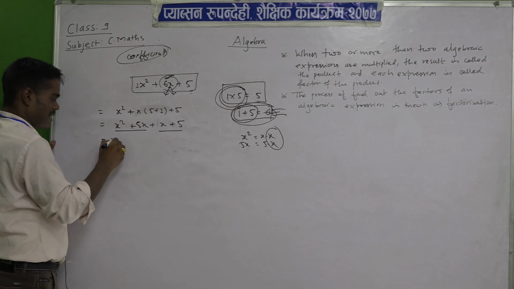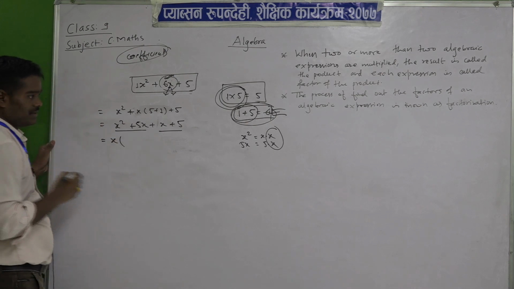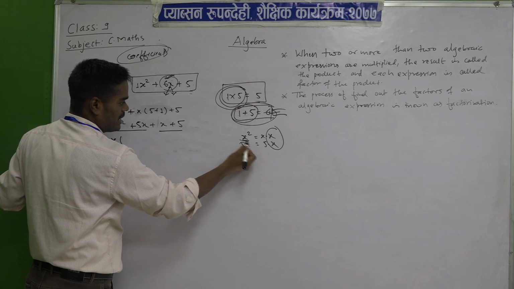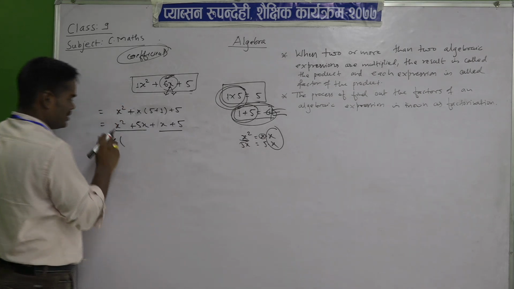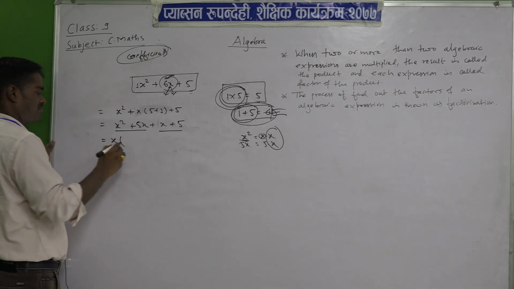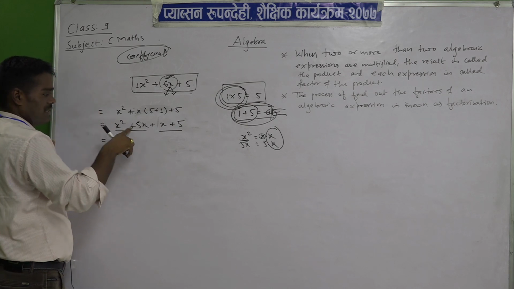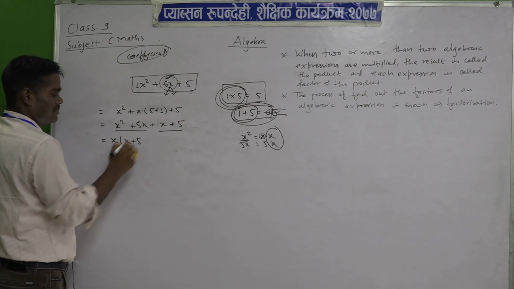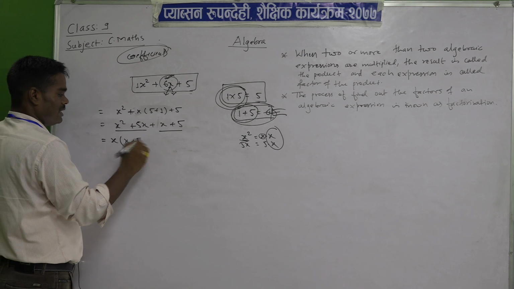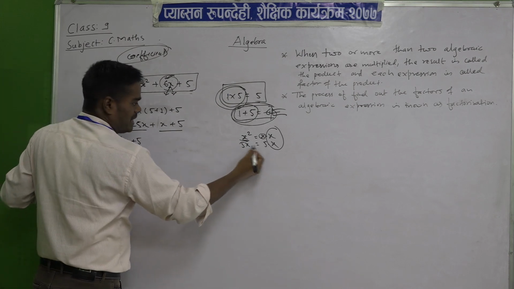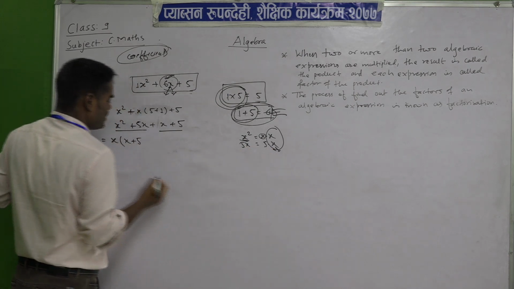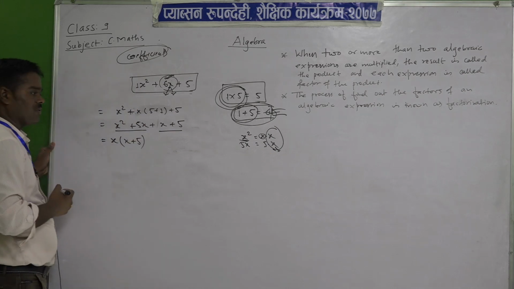So x you have to write like this, and then put the bracket. See here, in the x square term what is left here? x. It means after taking common x, how much is left here? x. Then after, what sign? Plus sign is here, right, plus. And then in 5x, we have taken x common, what is left? 5, and then bracket close.